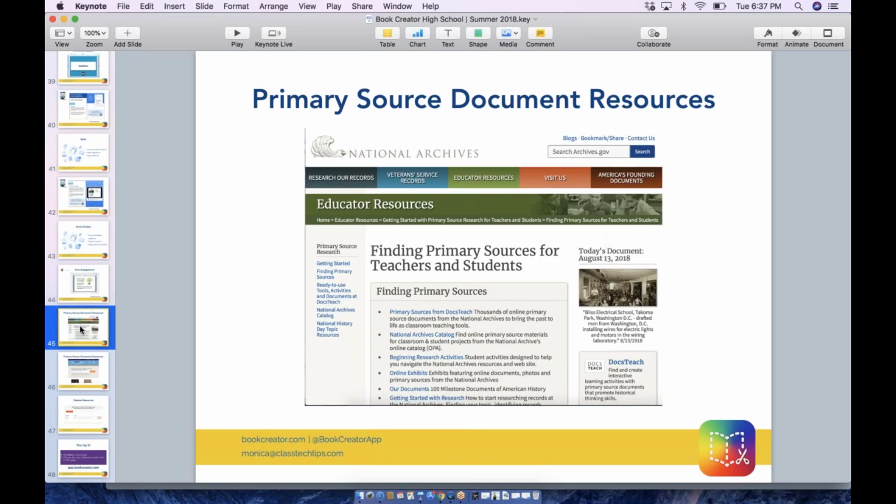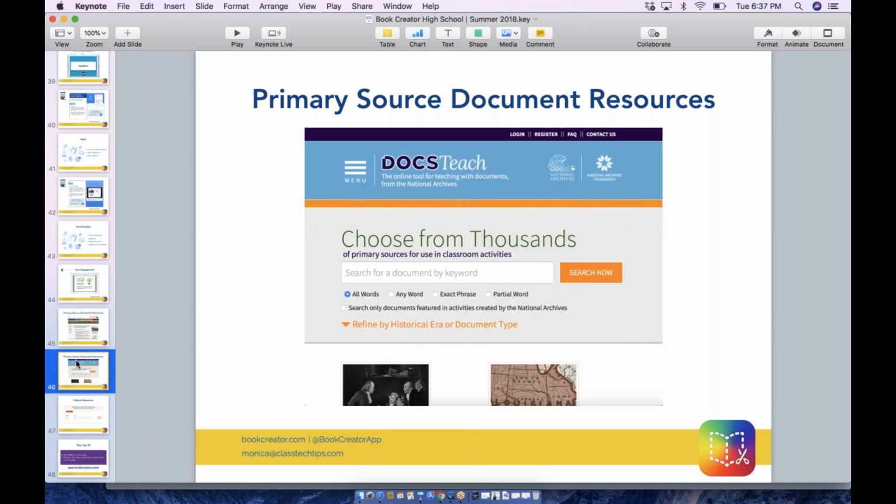You might also find some primary source document resources to share with students, like the National Archives, full of primary sources that students can find, locate, add citations to, and bring into their Book Creator creation. You could also go to a spot like Docs Teach, also from the National Archives, full of images that you can add to a student book with citations, of course, and have students take part in this type of research